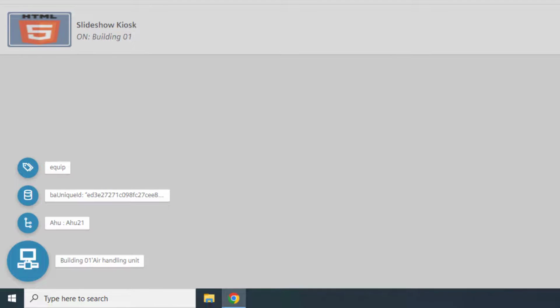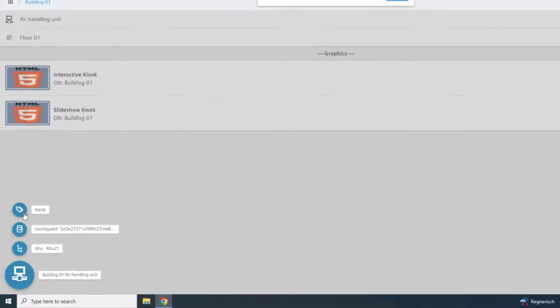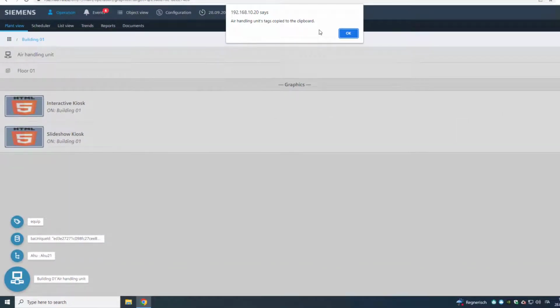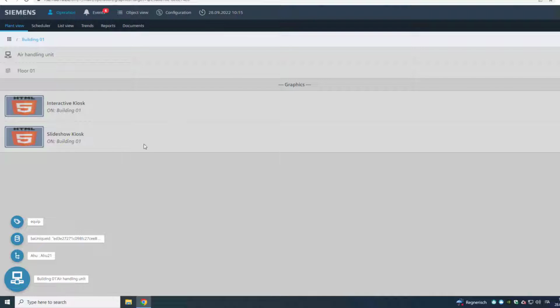Here we can find the semantic tag that is associated by the system to this element, which is in our example equip, and, by clicking on it, this is also automatically copied into the clipboard. As explained in the related tagging model video in this e-learning, for the NGA automation controllers, the semantic tags may be not enough to be used in the system filters, so we strongly recommend to use the short names, or, even better, the node subtype property.